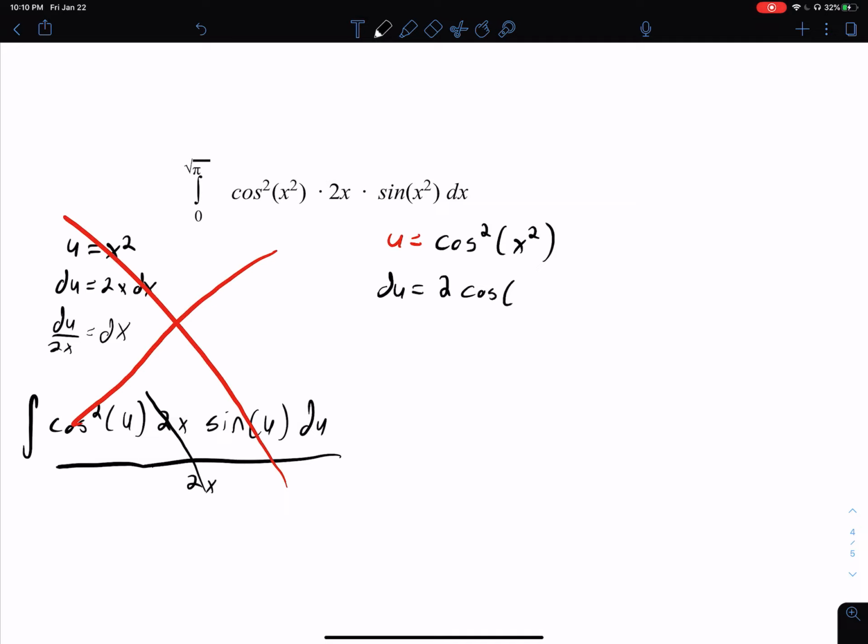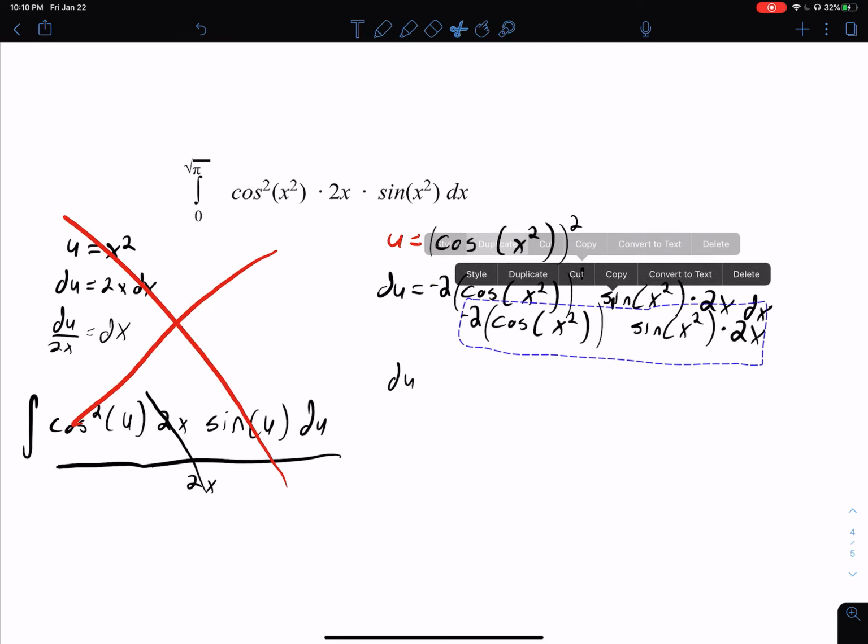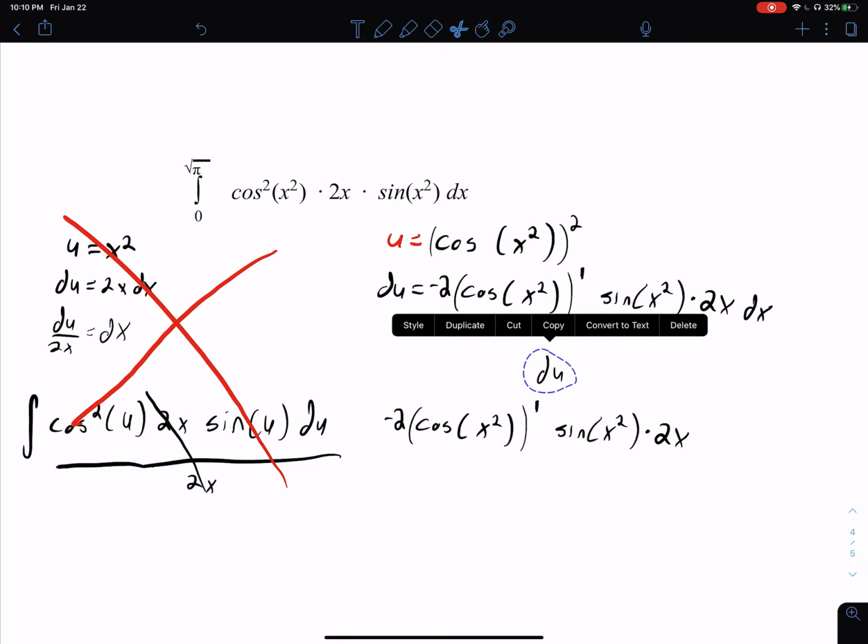maybe this one isn't right either. We'll just keep going. So 2 cosine of x squared, the first, and then you multiply it by the derivative of the inside, which is going to be negative sine of x squared times 2x. Yeah, this is not looking good so far. You divide everything over here. Not going to rewrite it, so let's just do that. Duplicate. So it's all of that under the du